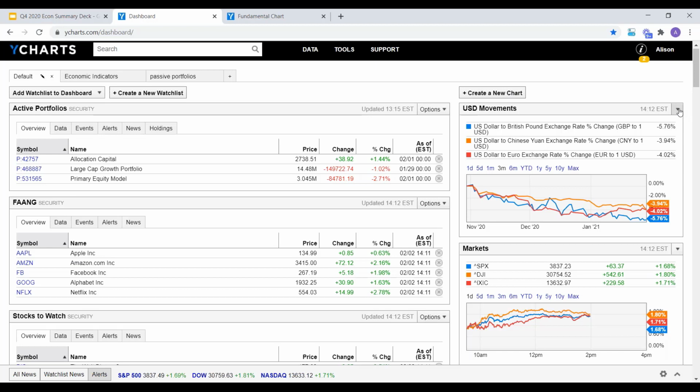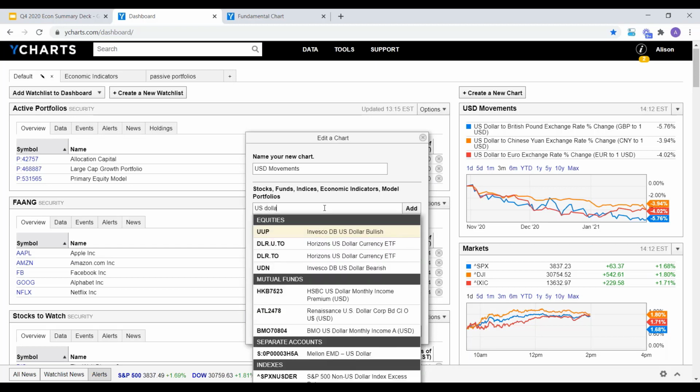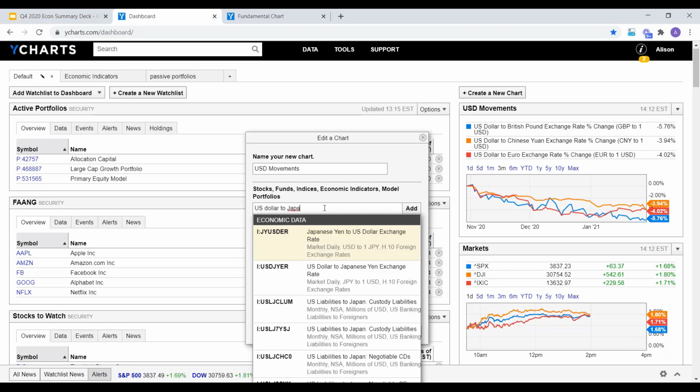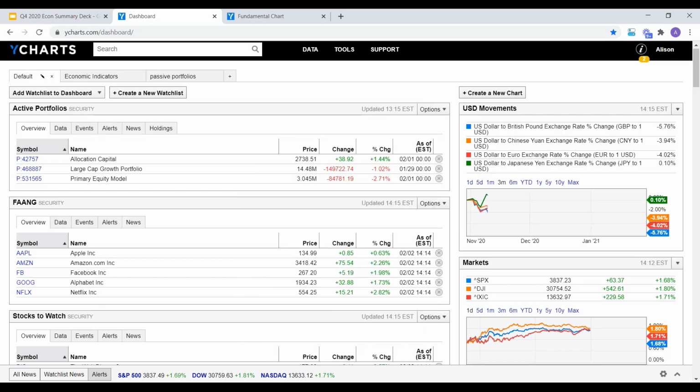But if I wanted to change anything, I can just click on this drop down, edit my chart, and add in another currency here. So I could add the US dollar to the Japanese yen. Go ahead and save that down. And it's really nice because anytime I'm popping into YCharts, I don't have to go into a specific tool. I can just passively be keeping an eye on these exchange rates as they trend throughout time, with the ability to make my chart a little bit more dynamic. So jumping back into the slide deck here